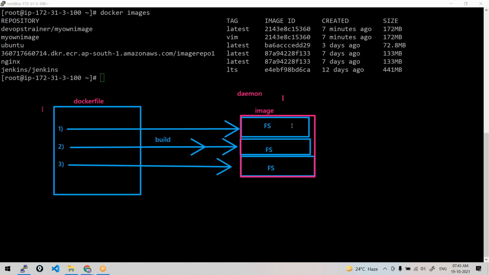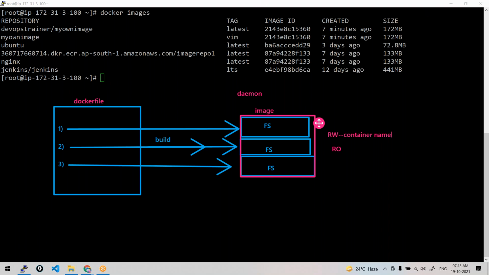And all these file system layers are read only. You could not modify or edit an image. In the beginning also I said an image is a static read only file. All these file system layers are read only. Actually, the topmost layer will be the write layer, where you could change your container name and so on, like assigning your own name, that's all. Everything else will be read only.